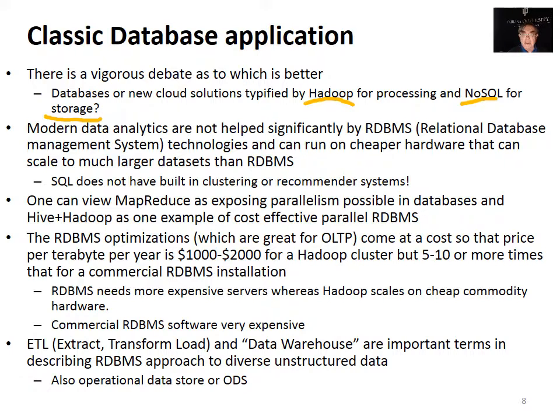They have different optimizations. You can view MapReduce as exposing parallelism, which is possible in databases, but maybe typically not been an emphasis in commercial products like those from Oracle, because the fault tolerance issues were more important than the parallelism issues. So Hive plus Hadoop can be viewed as one way of getting a traditional database, but with different optimizations which allow you to scale to much larger